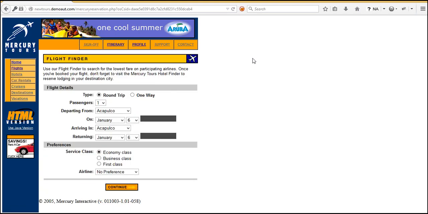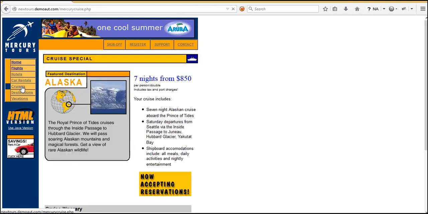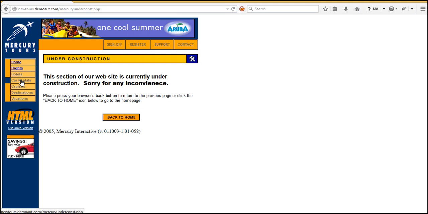Once signed in, these are the two links which we are interested in putting in a controller. Let's see that later. I'm clicking on cruises to see what cruises are available, and I'm clicking on car rentals. Okay, that's it, or let's click on hotels.